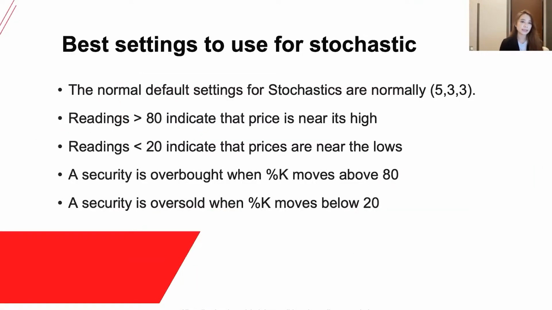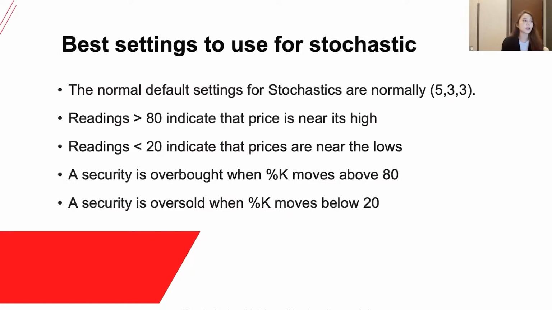The best settings, or rather the default normal settings for stochastics, are normally 5,3,3. You'll see that these numbers will appear on the settings of the stochastics indicator when you are using any form of trading chart website or trading chart app. Readings above 80 will indicate the price is near its high, and readings below 20